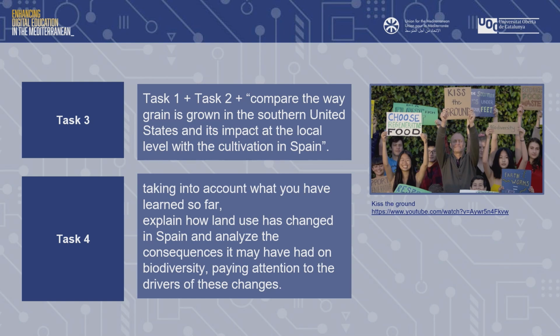Okay, we are asking them to do something else, to reflect further on what they have to do and what they are learning. In task 4, we tell students, okay, taking into account what you have learned so far, explain how land use has changed in Spain and analyze the consequences it may have had on the biodiversity, paying attention to the drivers